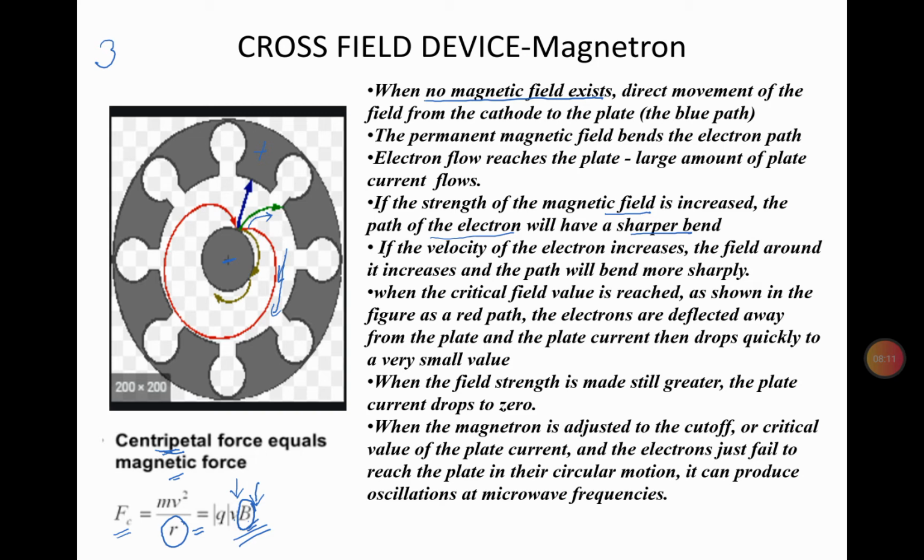Please understand, you saw, isn't it? When the magnetic field was 0, the path is straight. When the magnetic field was slightly increased, the path is also slightly curved. When further increased, the path is heavily curved. So that means the bend is more. So when magnetic field strength increases, the radius of curvature reduces, which means the bend increases, and vice versa. Okay. Now please watch, students, as the magnetic field is increasing, what's happening?